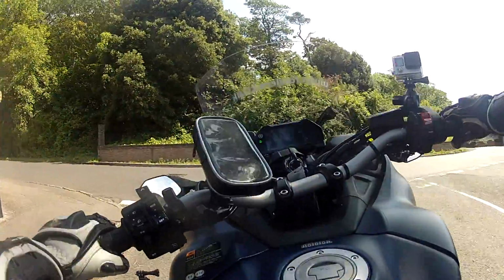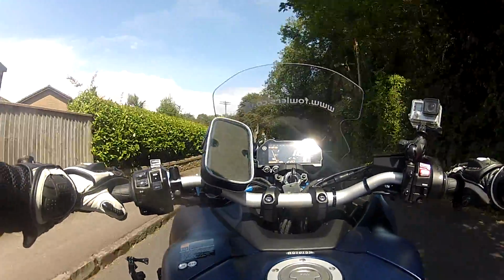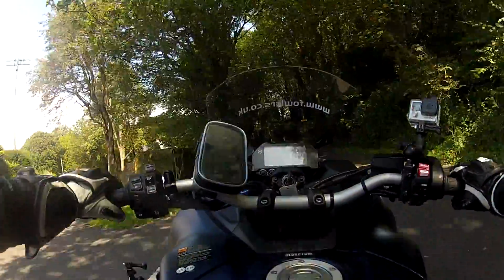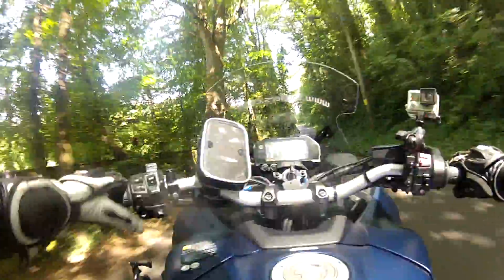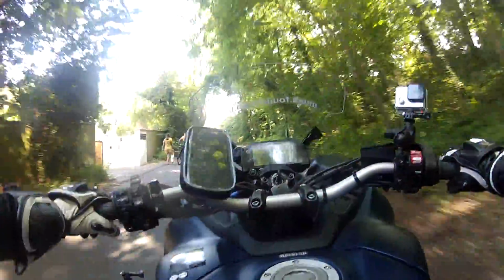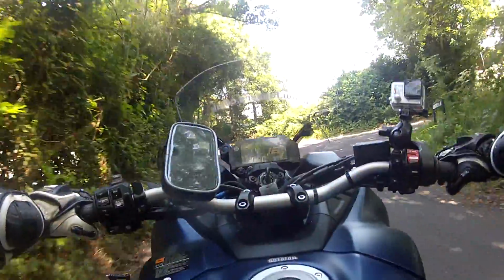It also has a revised fuel injection system that gives a precise mix of the fuel-air ratio that traditional fuel injection systems don't have. It gives a very clean, linear response and a really steady pull all the way up to peak torque, which I think is about 87 Newton meters at 8,500 revs. So really steady. With 113 brake horsepower,